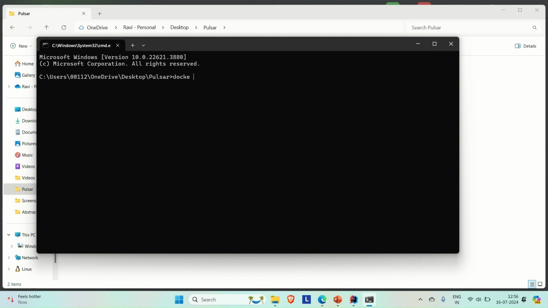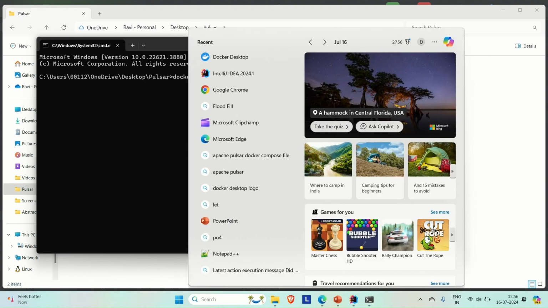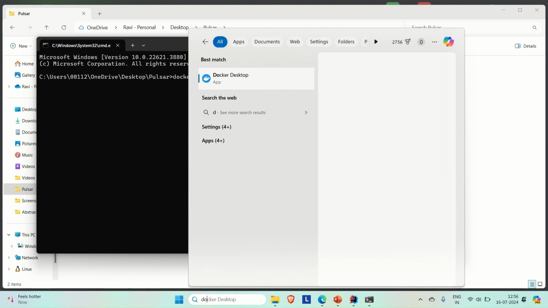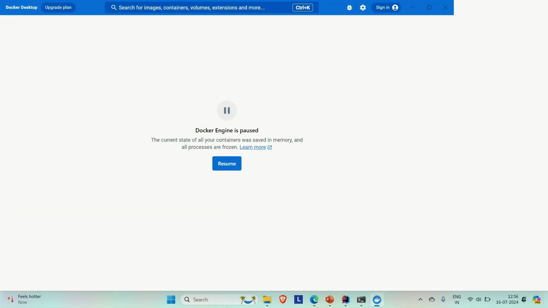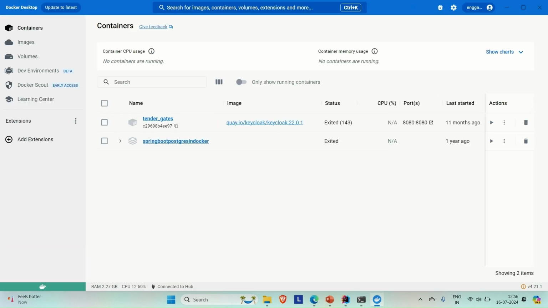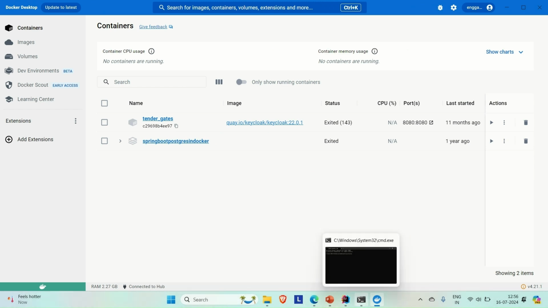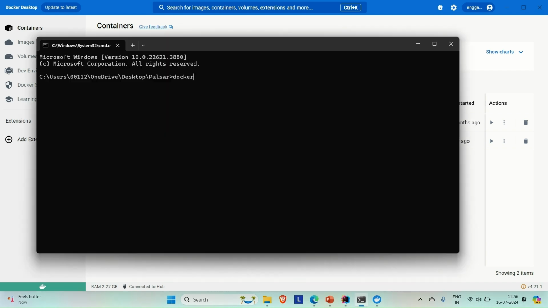So just let me try to do. Okay, so before going to run this, let me try to start my Docker Desktop. So just search for Docker Desktop, and it will start in a few seconds. First of all, Docker Desktop should be started, and then you have to run this Docker Compose file command. Okay, so Docker Desktop is starting for us, and now we have to run this docker compose up